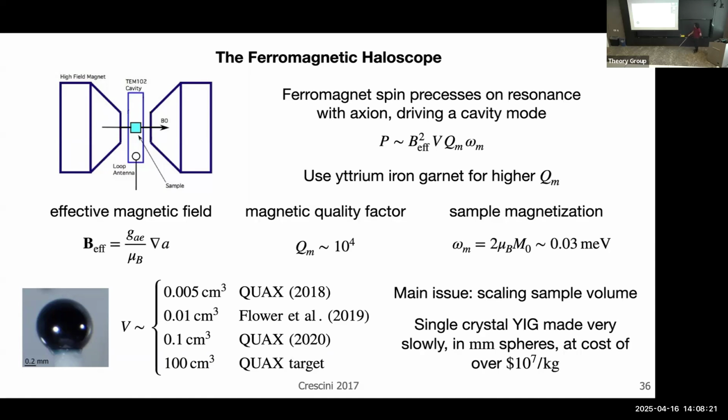The problem is that this crystal, even though it's a very well-known material and does have the highest magnetic quality factor, can only be made extremely slowly because the crystal structure is very complicated, only in these spheres of millimeter size. It is hard to get a quote for this, but it seems that before the trade war, it would have cost $10 million per kilogram. And this is kind of just projecting up. I don't believe there actually is enough capacity in the entire world to make a kilogram of this stuff.